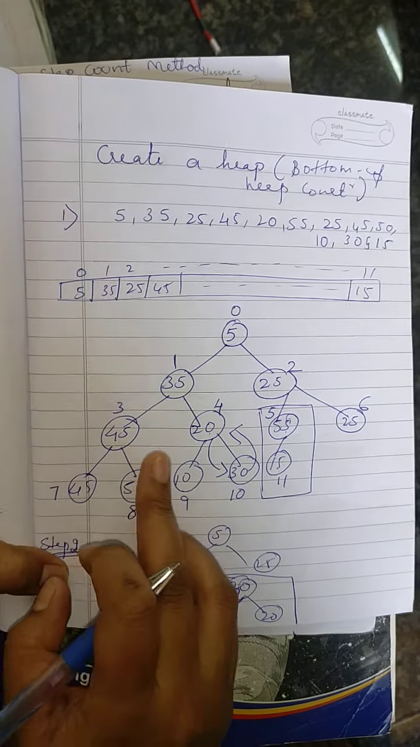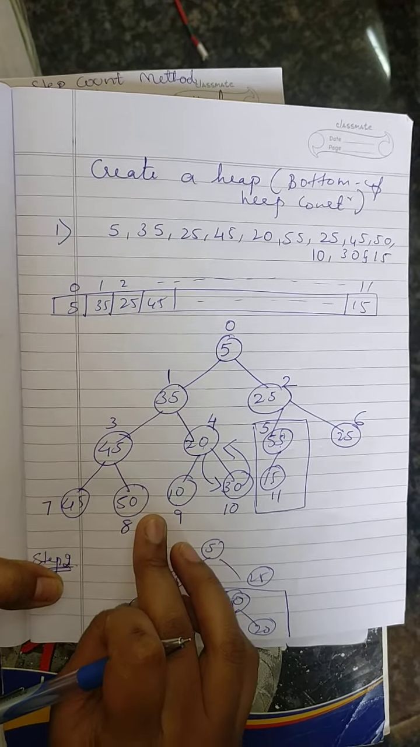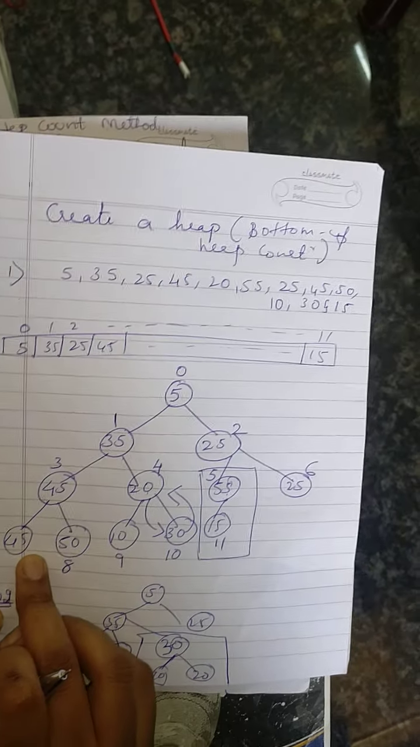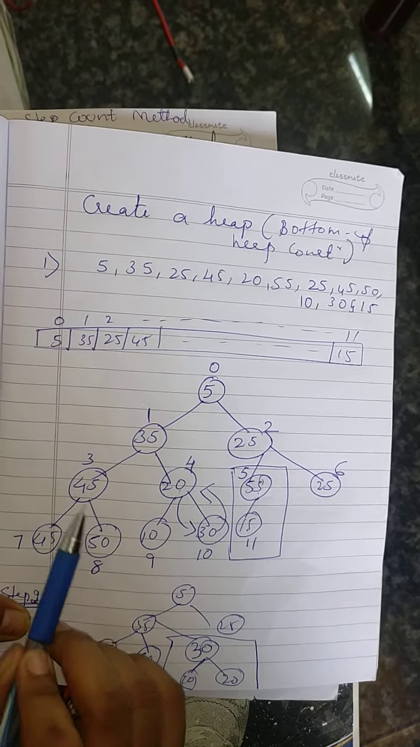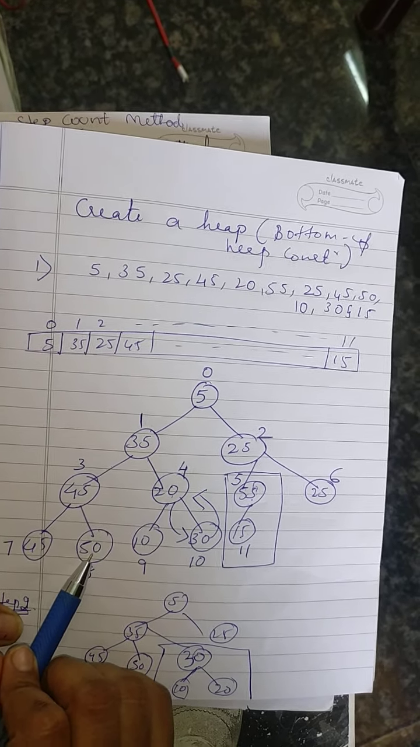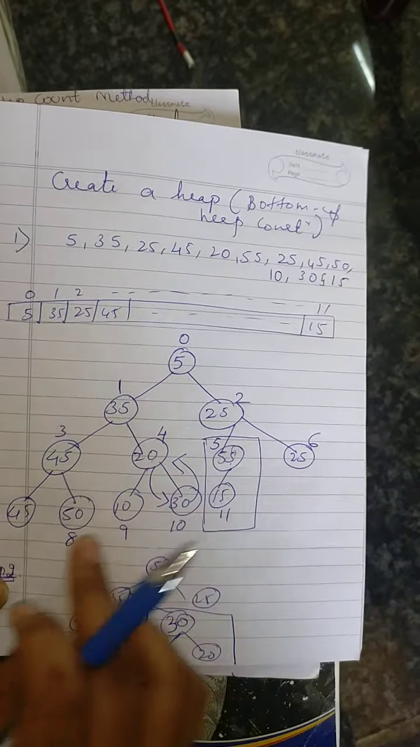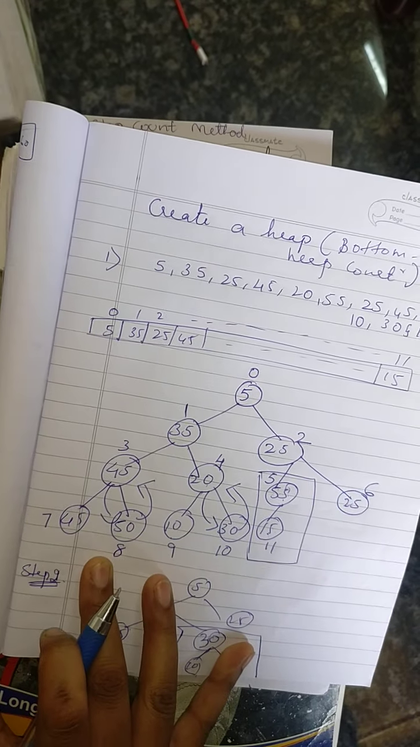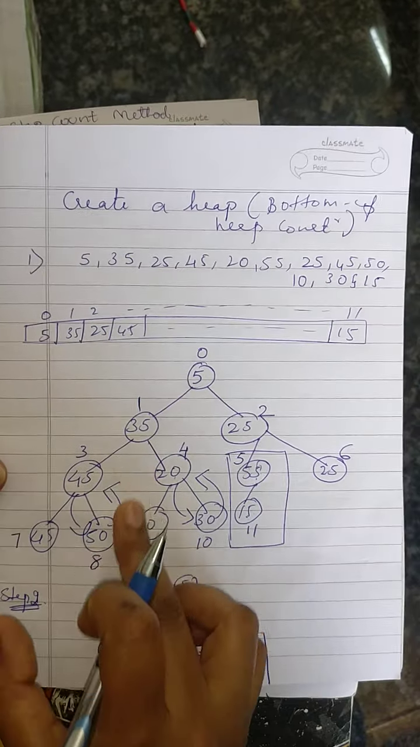What you have to do? Now you have to compare the item 45 with its children 45 and 50. Observe that 45 is equal to 45, so no problem. Only if it is less than, you have to change it. Next, 45 is less than 50. Yes, it is 50. So what you have to do? You have to swap this 45 and 50. Now after that, 50 goes here, 45 comes here. So for the next subtree you write this, 50 goes there, 45 comes here, and you represent it in the form of a